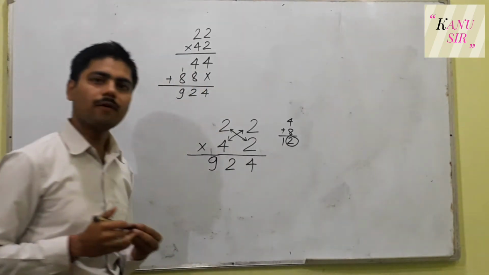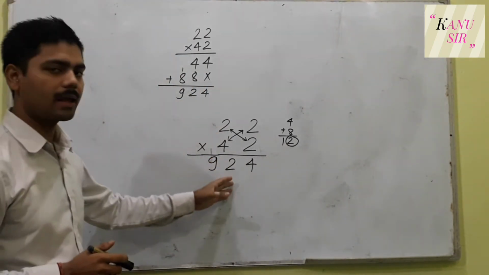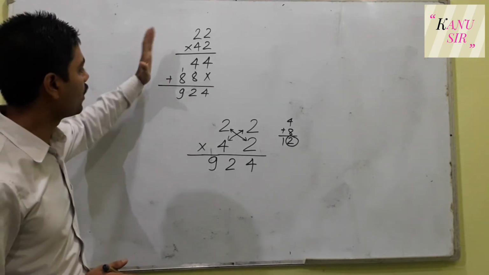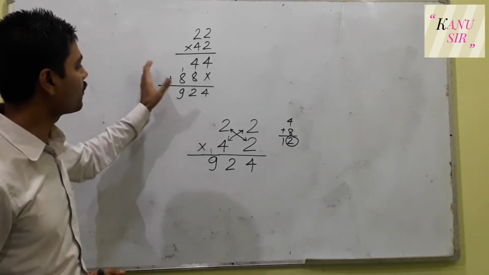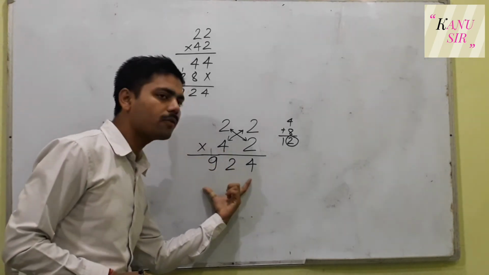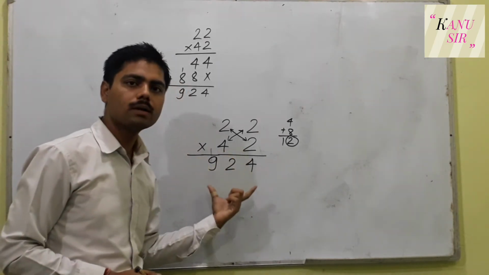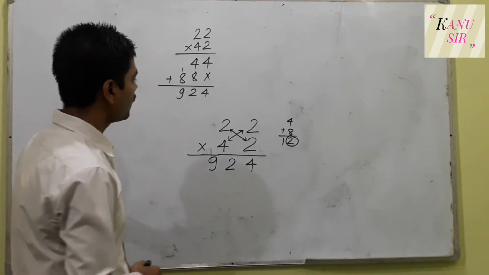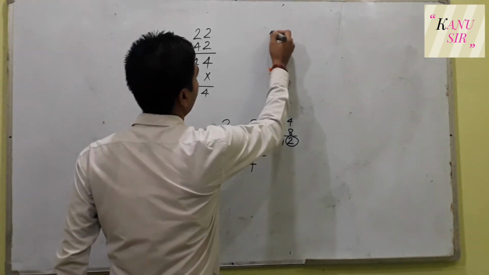I think now you will find it easier multiplying this type of way. This one is a little bit bigger, longer. It will take time, but convenient. And this one is also convenient if you practice more. If you practice more times, then you will find this one more convenient. So let us do one more example.